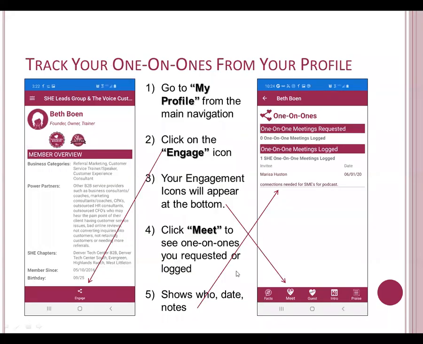Now, the next thing you can do is you can track your one-on-ones from your profile. So the way you do this is you go to My Profile from the main navigation, click, and then it'll pull up your profile. So in this case, this is my own profile, okay? And then I'm gonna click my Engage button down here. Now my engagement icons will appear at the bottom, down here, over here. And if I click Meet,